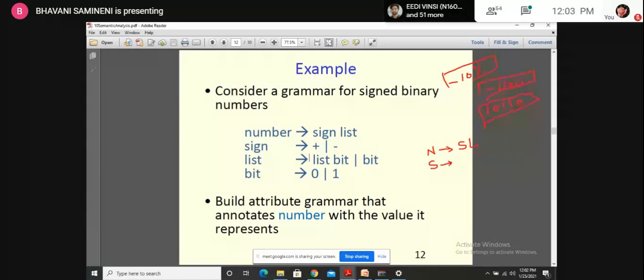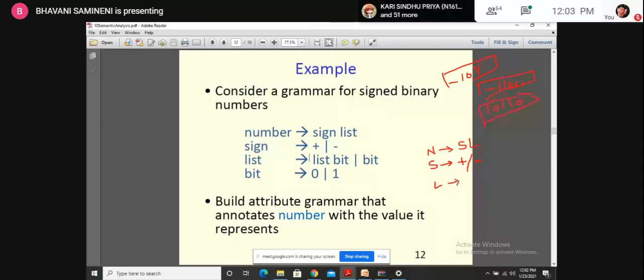Now I have to define what is sign. In sign we have two signs, right? If it is positive, I have to write plus, and if it is negative, I have to write minus. And you have to take note here: if there is a plus sign, it is not the arithmetic addition. It is used to indicate the sign of a particular number. And L, what is L?